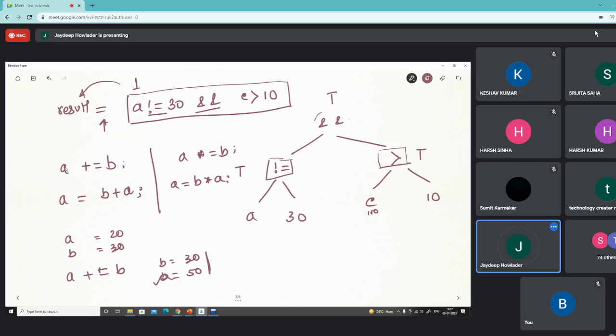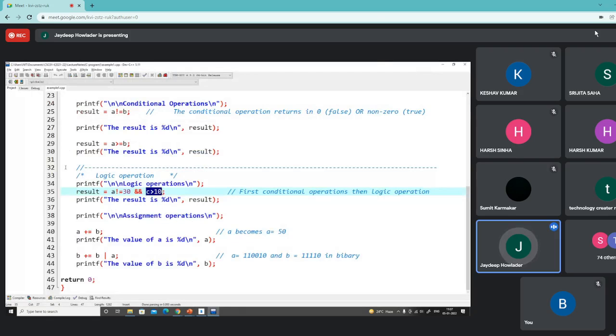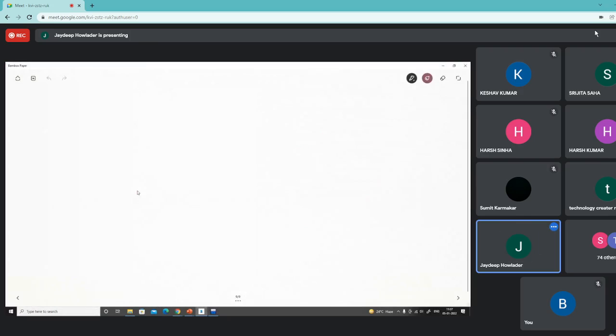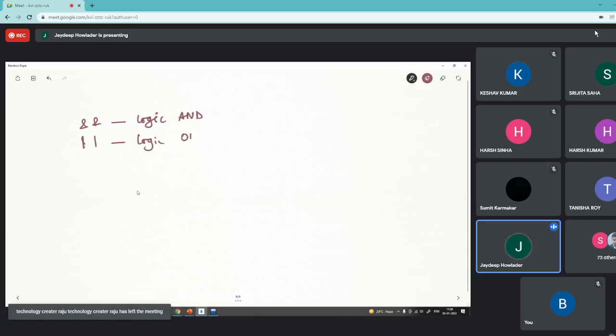Okay. And finally, there is another logic operation. Just to make a difference between the two logic operations: one is called logic and, and this is called logic or.